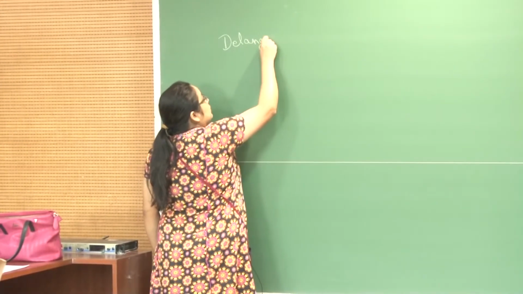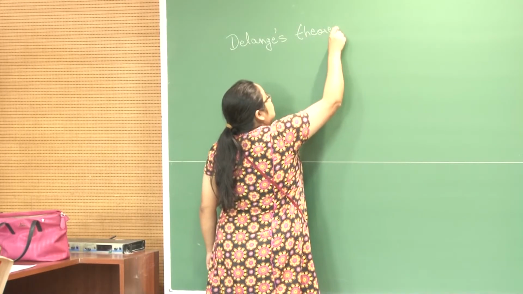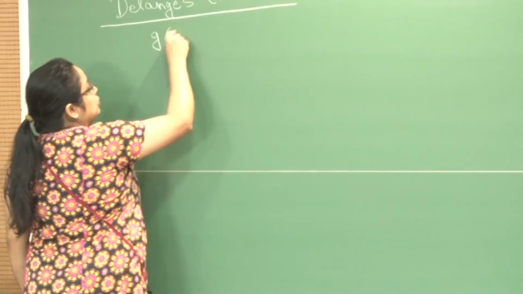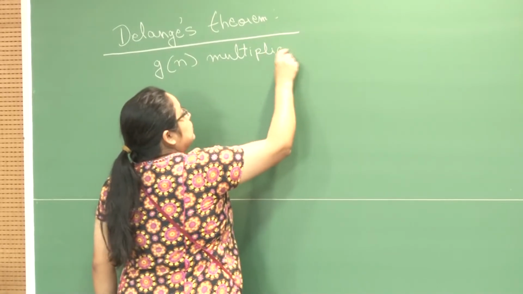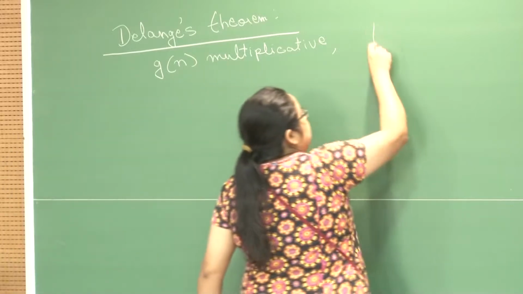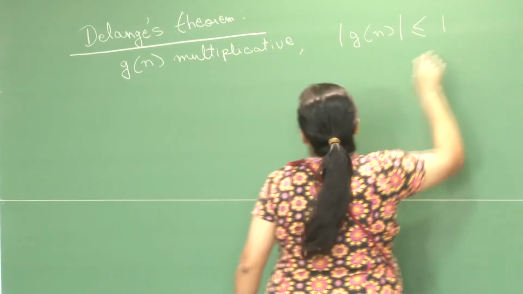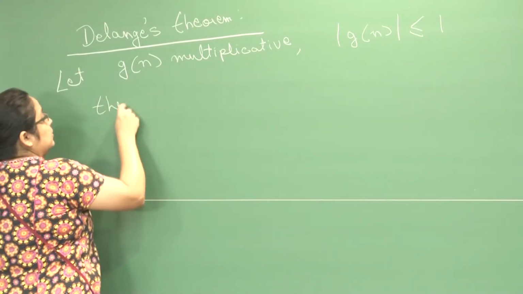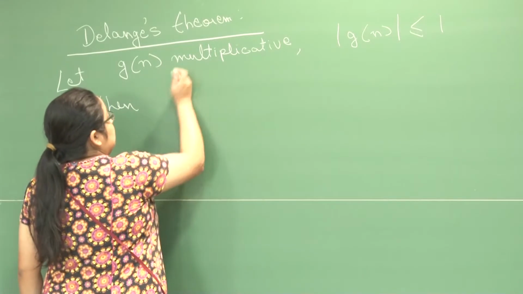Delange's theorem, which states the following. Suppose you have a multiplicative function and it takes values in the unit disk for all n, then we have that our limit,